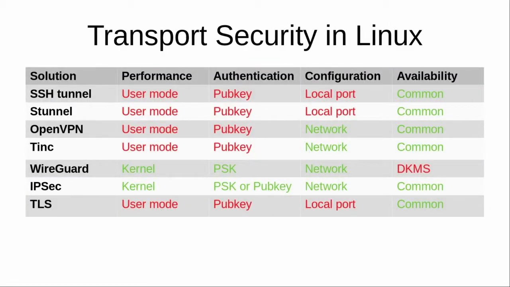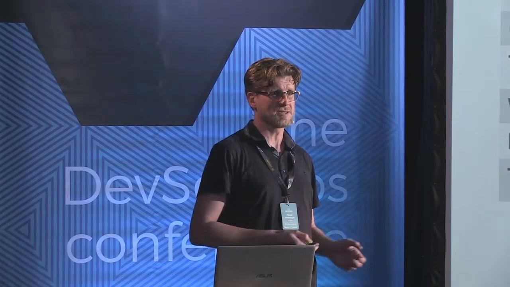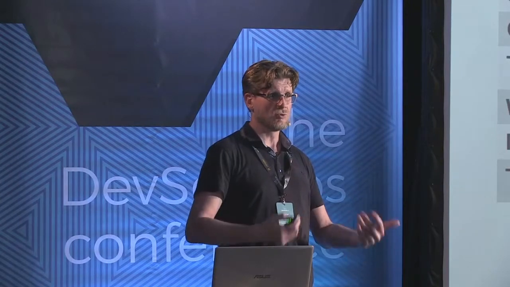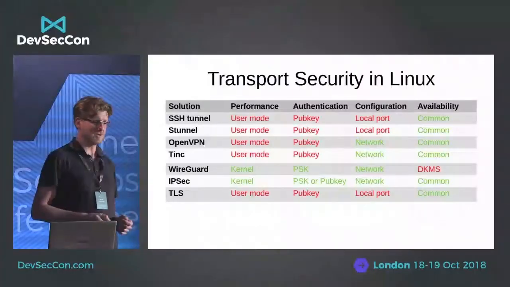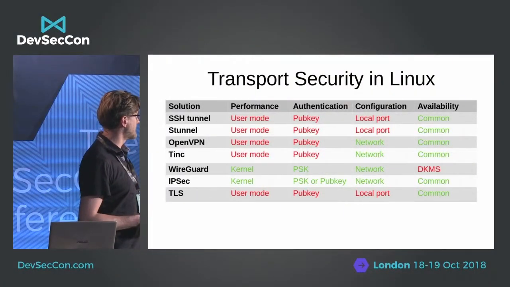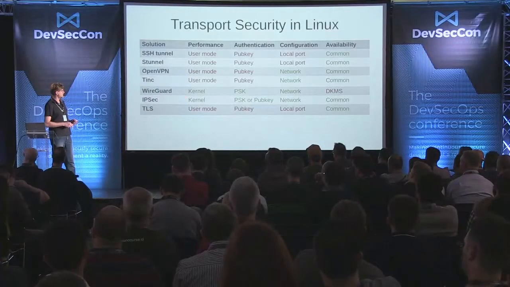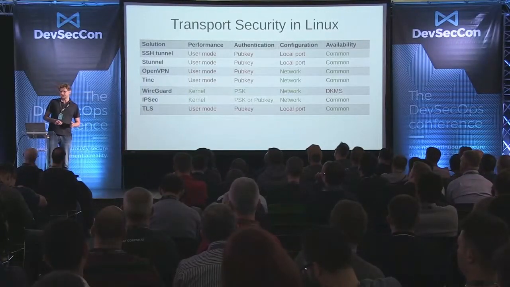And what choices do we have? There are a lot of them. I will not talk about them in detail, but the parameter I was looking at is performance. Is this mechanism implemented in user mode, so is it essentially part of an application? For example, PostgreSQL implements TLS using the OpenSSL library, and it's all running in user mode, in the user space of the operating system, or is it running in the kernel? So IPSec, and this is